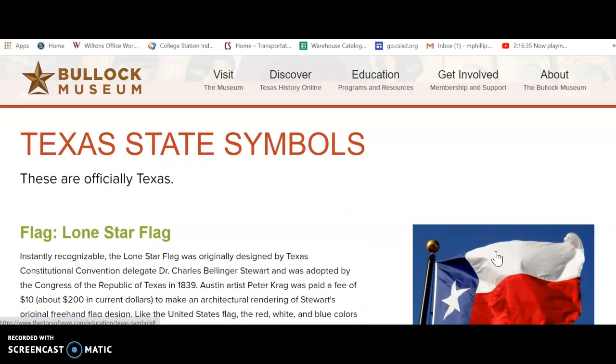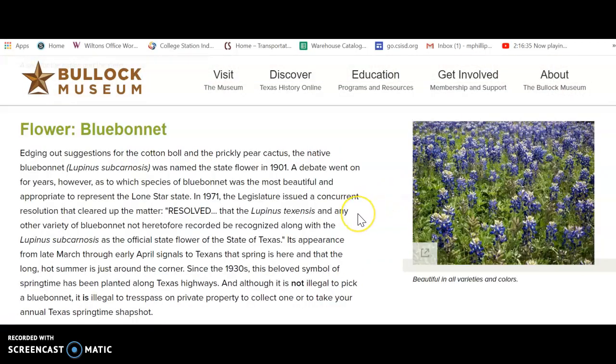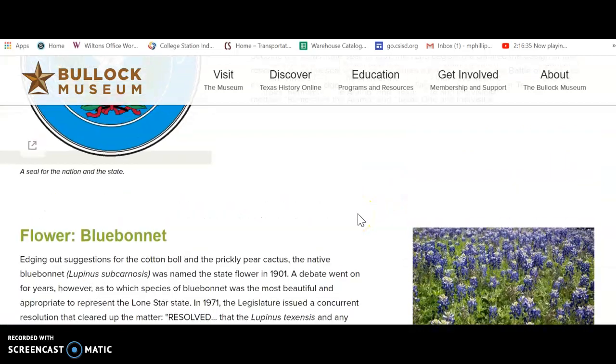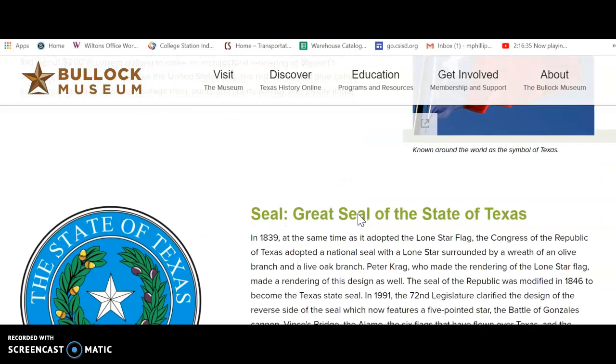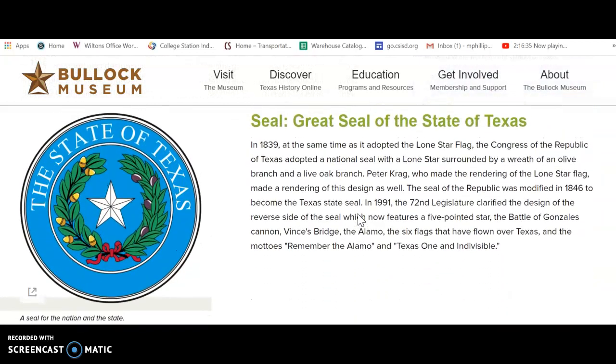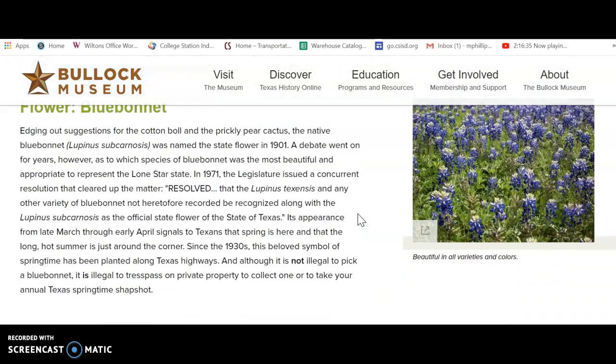This page in the Bob Bullock Museum is all about Texas state symbols. Here you can read about additional information for each of the 10 state symbols selected. We've got the Lone Star flag, the seal, the Great Seal of the state of Texas, our flower, which is